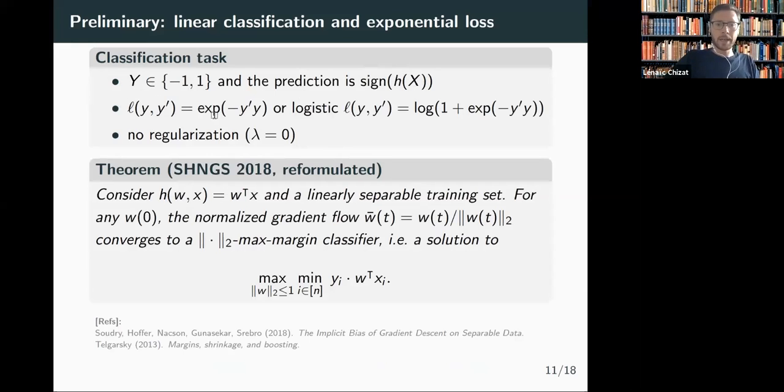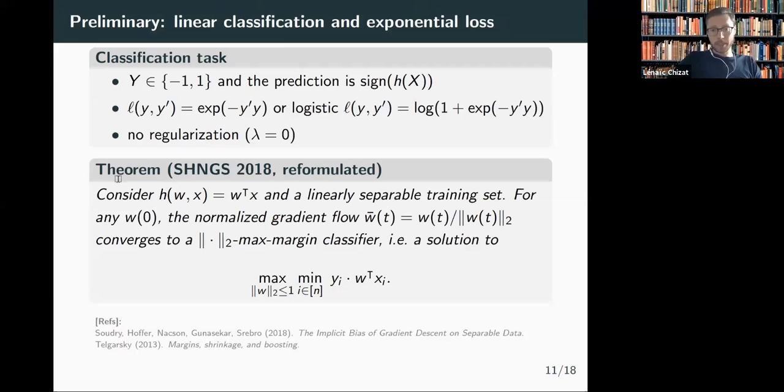And we consider either the exponential loss or the logistic loss. The logistic loss is given by this, and this is the most commonly used when we solve classification tasks with neural networks. And of course, I recall that we have no regularization in this section. What's specific with this type of losses is that we can always make the loss smaller by increasing the norm of our predictions. So in fact, here the minimizer will be at infinity. And the question that we'll have is not where does the dynamic converge, but towards which direction will it diverge? We want to understand this directional convergence.